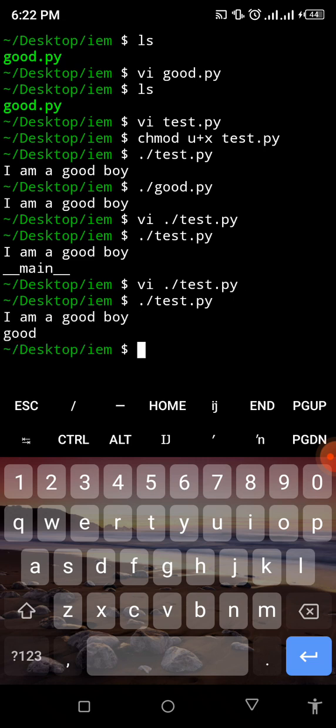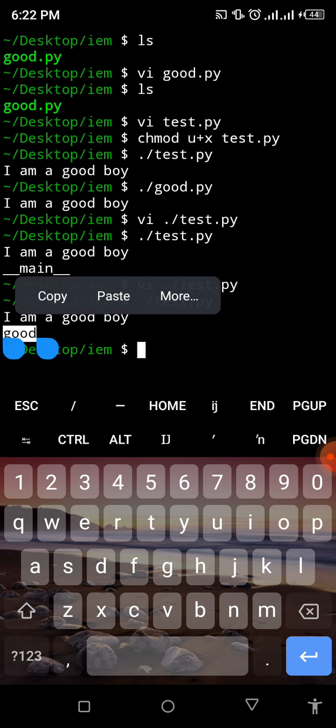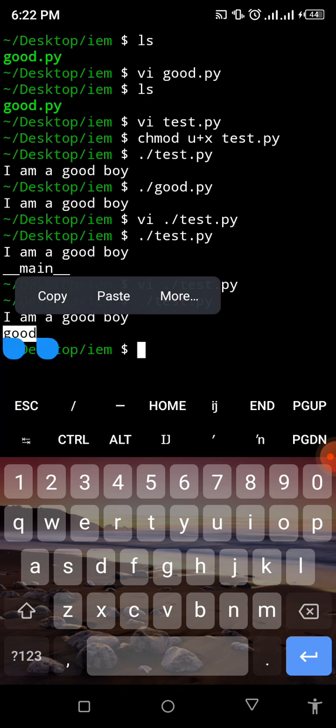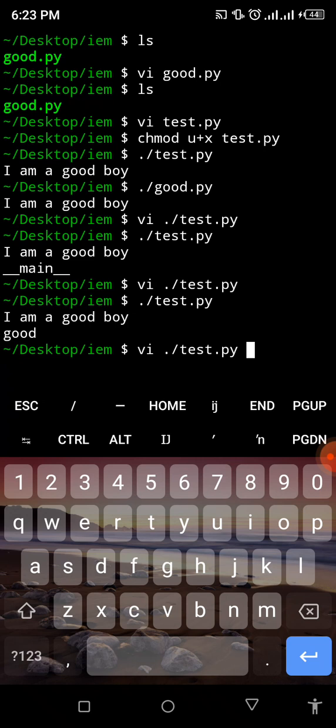You can see I put good.name, and you see our outcome here is good. Inside the test.py file, what we are getting there as our outcome is good. But if, for instance, this was good itself,